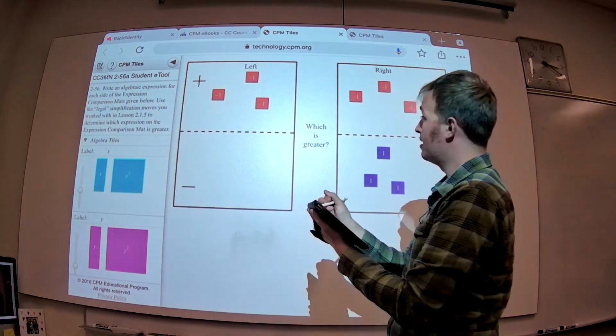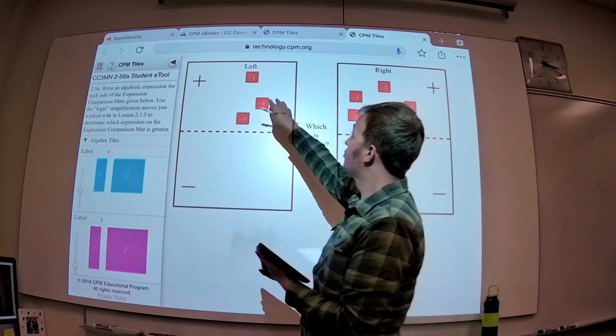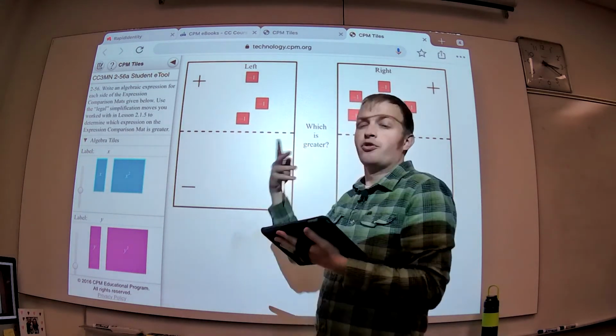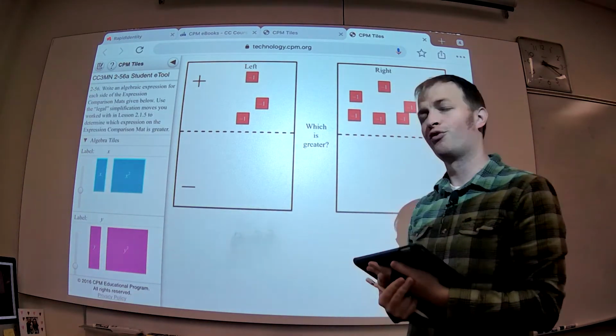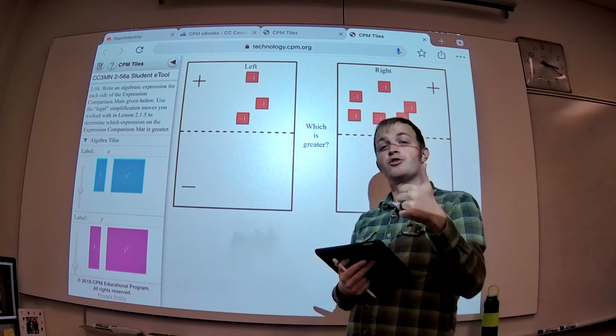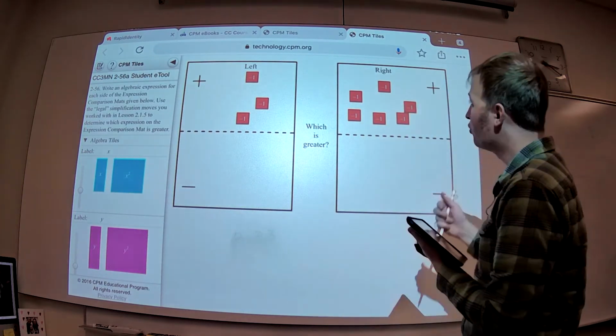And on my other example here, I'm going to switch tabs. I also was left with this negative 3. So both of those moves work for legal simplification. So that's your third move. Your kind of fourth move here is